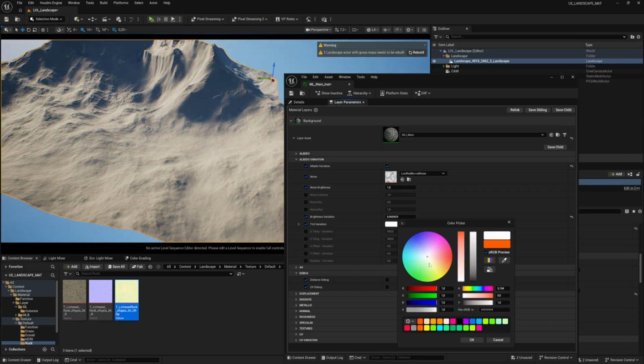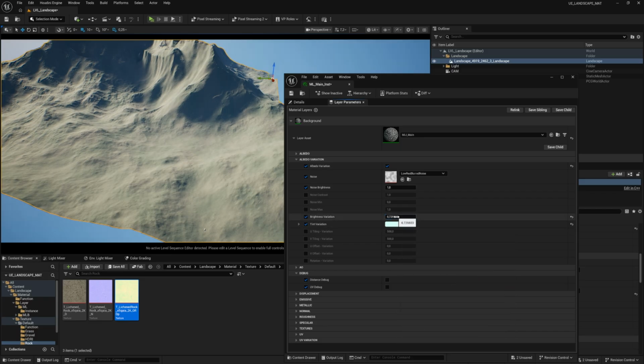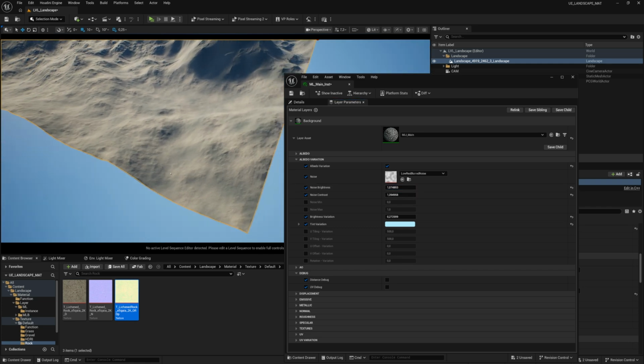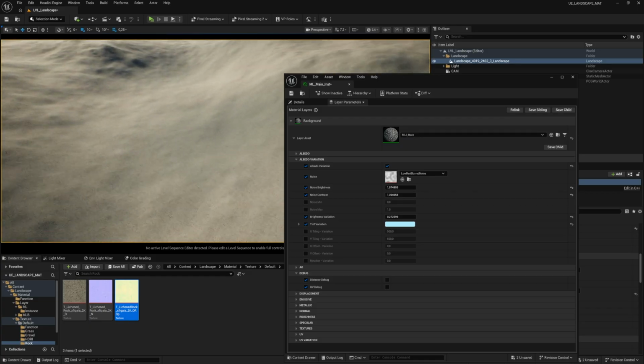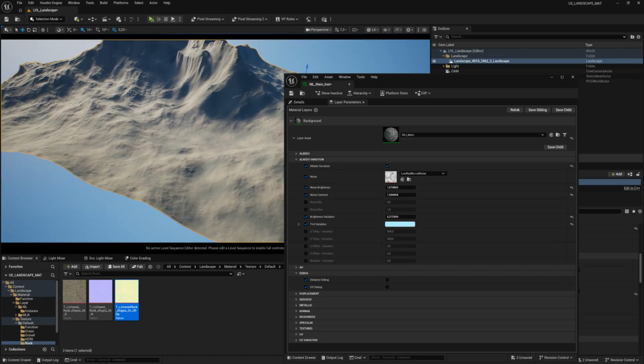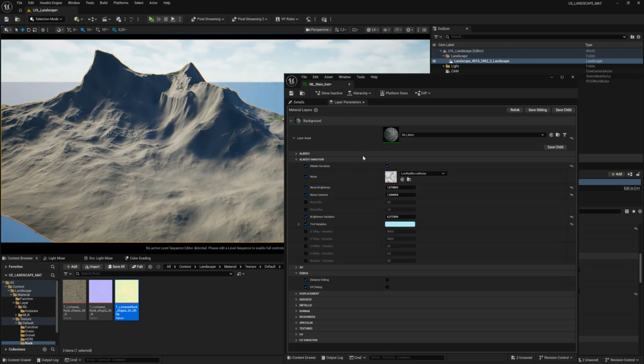I can change this right there and add a little bit more of blue. Perfect. Then getting something like this. And I can add a little bit more contrast and brightness to get something stronger. And now you can have a pretty good variation of your shading. And it's not gonna be really noticeable when you're close to your object, but when you are far, that's pretty good to have this